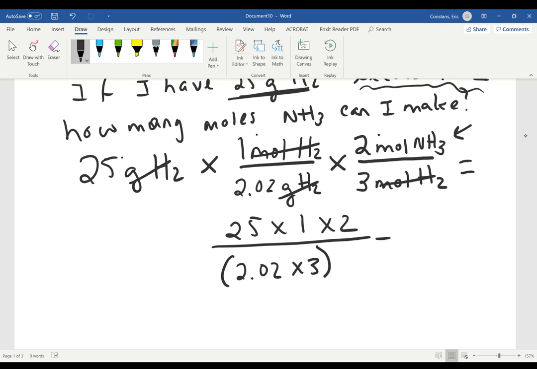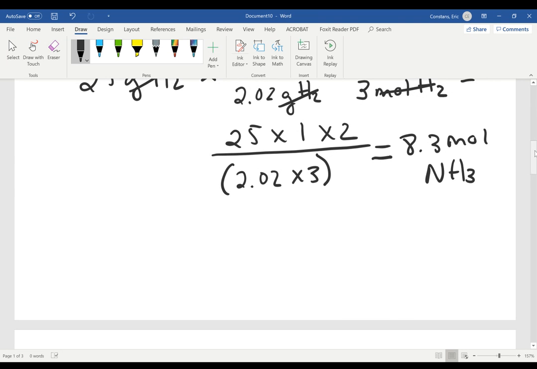And when I do that, I should get 8.3 moles of ammonia, which is what I'm looking for. And you can stop there because it's moles of ammonia. That's what you were looking for. So if you want to go from grams of given to moles of unknown,